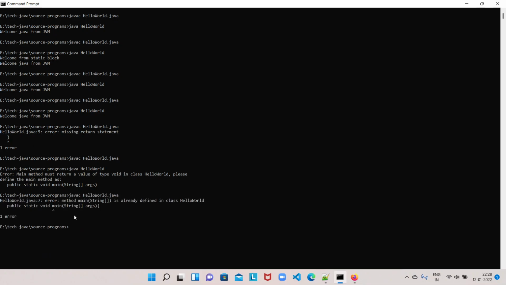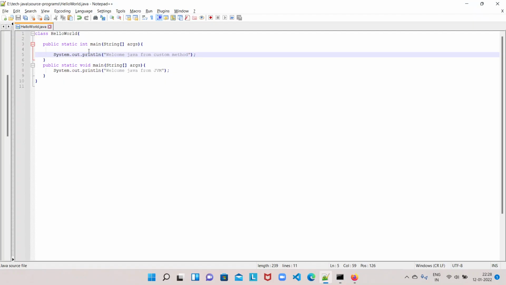See this, compilation itself is failing. Method main(String[]) is already defined in class HelloWorld. So the return type is not considered for the method duplication check. That's why it is treated as a method that already exists. So we cannot return int from the main method, even from an overloaded one.